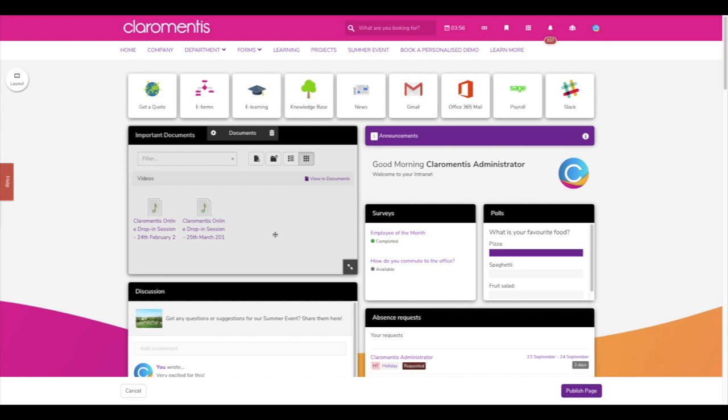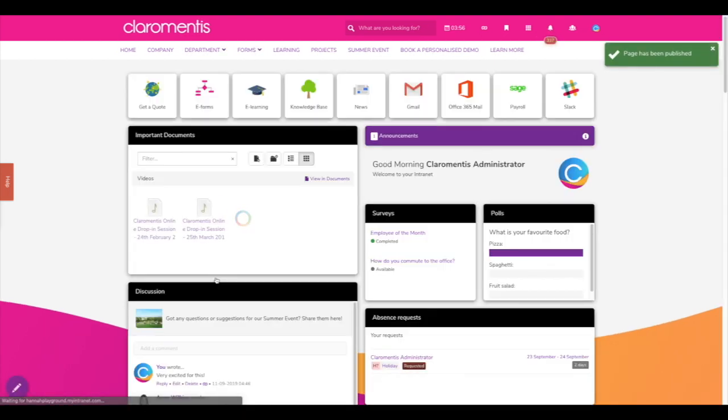Leaving edit mode and publishing the page, we can see how the component will be interacted with by end users. They have the option to upload a document directly into the folder, add a new folder, and change the view themselves that they will be seeing. There is a filter bar that is useful if the folder contains a lot of files for search. There is also a direct link to the document application itself in case the user needs to quickly check something